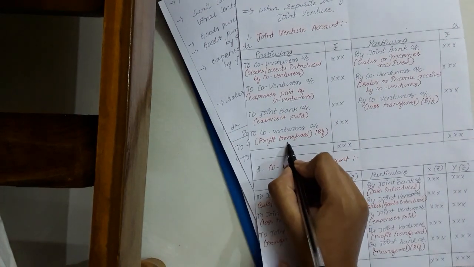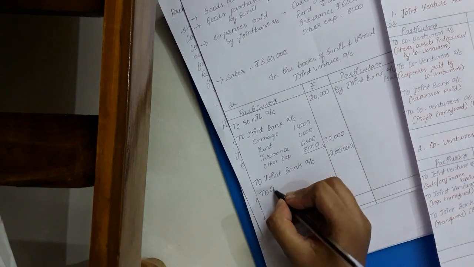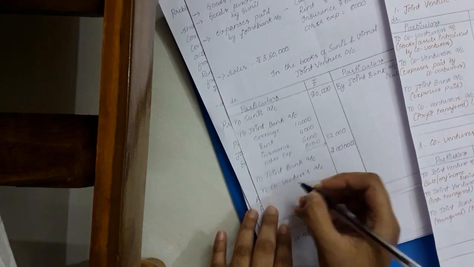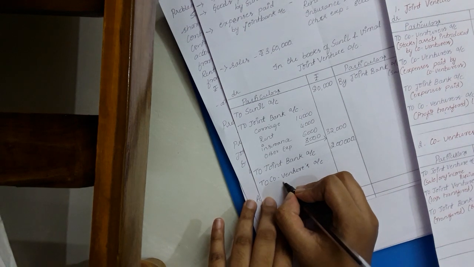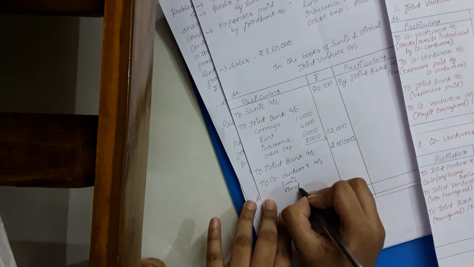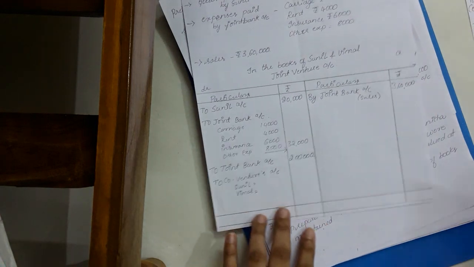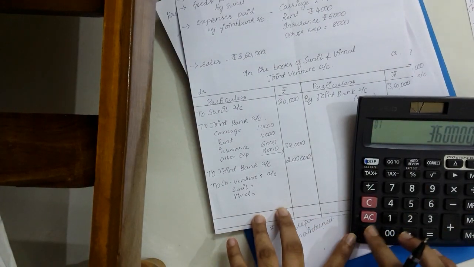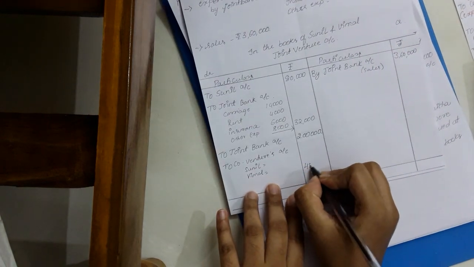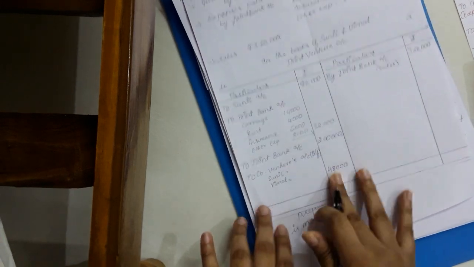So here, profit on joint venture to co-venturers account. So who are the co-venturers? That is Sunil and Vimal. Whatever profit has been earned, we are supposed to give to both of them, right? So we are supposed to see what the total profit is. 3,60,000 minus 3,12,000 is 48,000, which is the profit. So this 48,000 needs to be distributed between Sunil and Vimal.